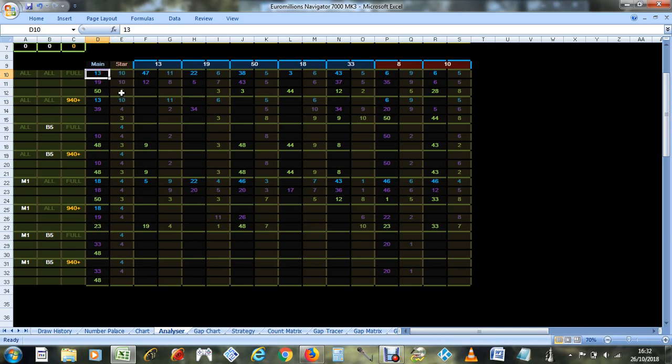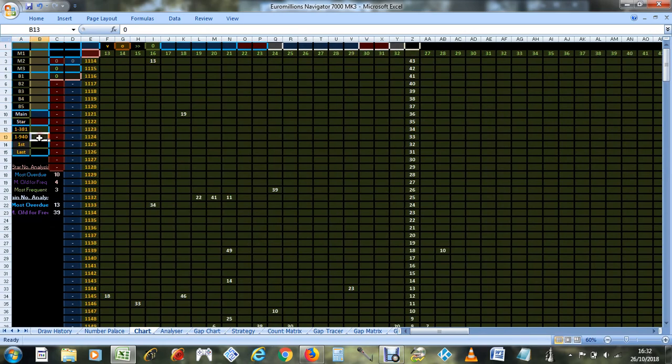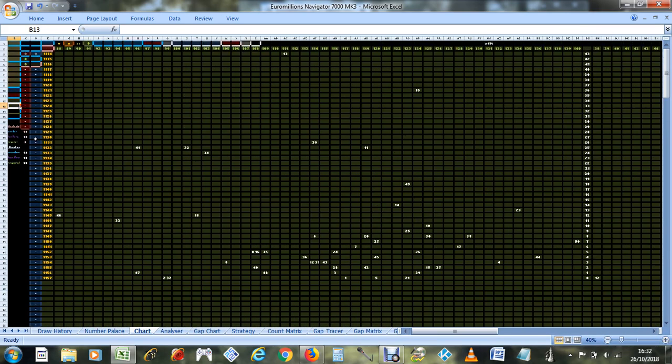This is the most overdue main number, most frequent main number, and the main number that is most overdue for its frequency. Now, what that looks like on a chart is this. I'll just show you what it looks like. Now, this is a chart for all machines, all sets of balls, full draw history